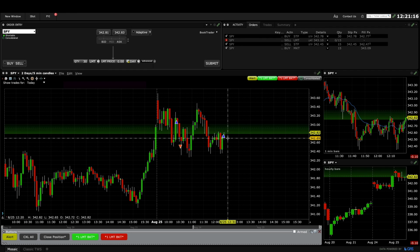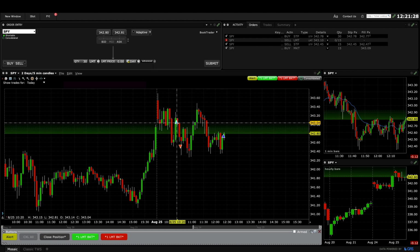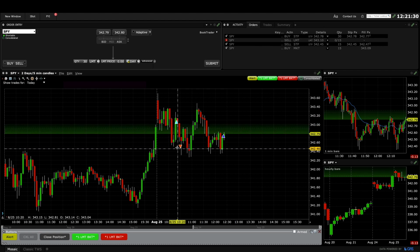So I'm not sure if that makes it a lower probability. I do think it makes it lower probability, but I don't know if it's enough to reverse and then stop me out. So we'll see. But this one, I stopped out here, but there were buyers below, and we did end up getting back up